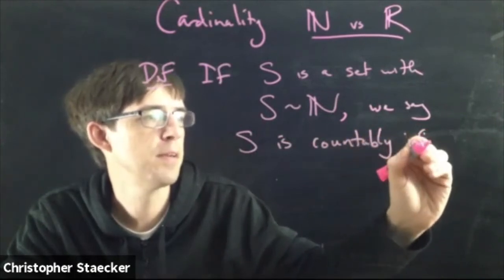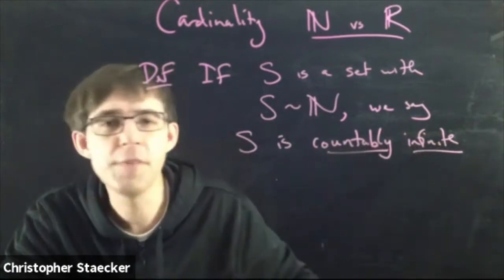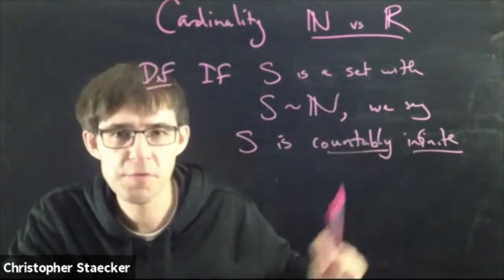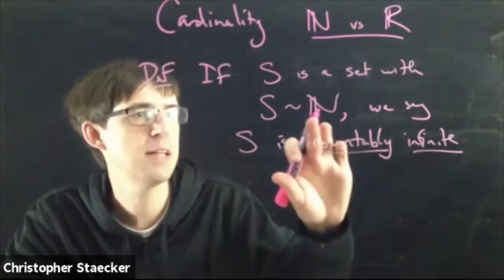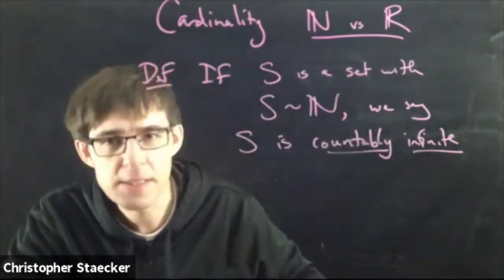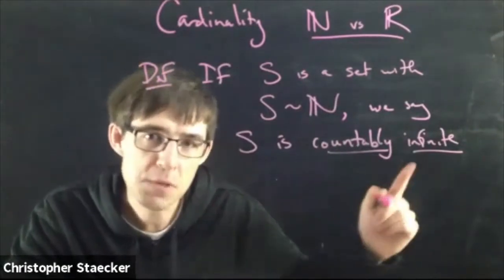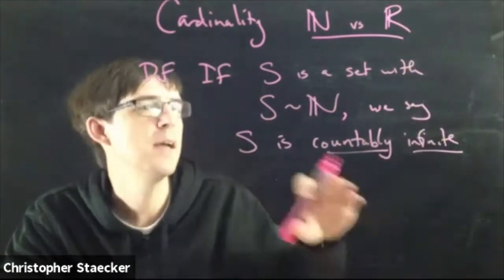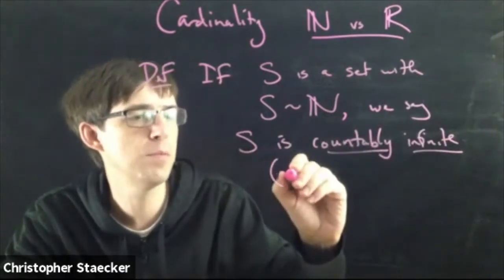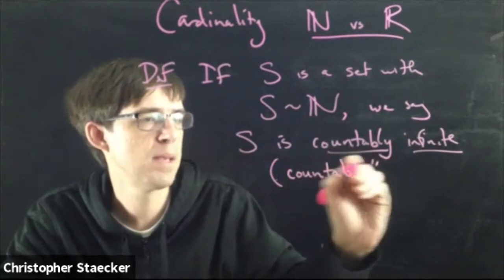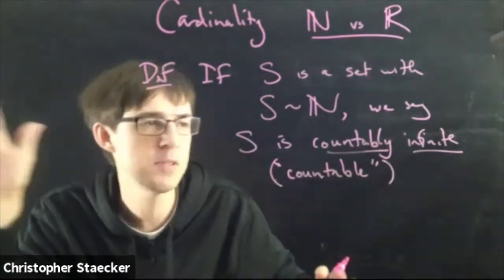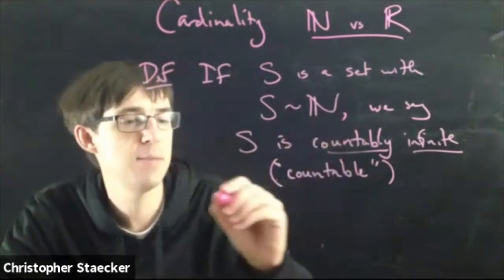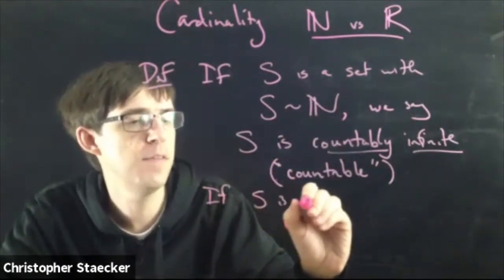countably infinite. It means, yeah, it's infinite, but it's infinity in the sense of things which you can count one after another, all right? We call it countably infinite because that's what describes the size of N. It's infinite, but it's still infinite like counting forever. Versus R is infinite, but it's even bigger than things that you can count. That's the idea. So we say S is countably infinite, or more often we just say countable. So when I say a set is countable, it just means it has the same size as the natural numbers. And something which is not that same size, so if S is infinite,